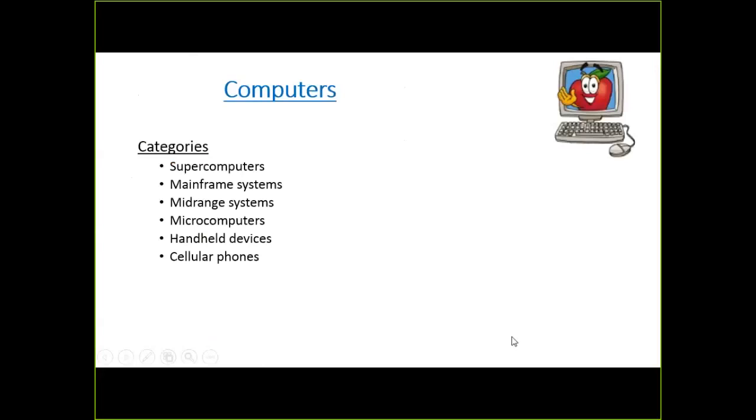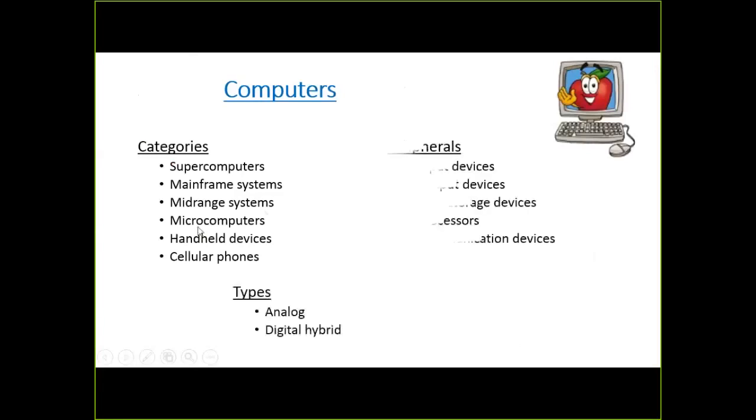Let's talk about computers a little bit. There are different types of computers, all the way from supercomputers, which are very, very large, even the size of a room, all the way down to cellular phones, which are obviously small. What do we see mostly? We do see a lot of microcomputers, handheld devices, and cellular phones for everyday use, and they use them in the hospital, ambulatory care